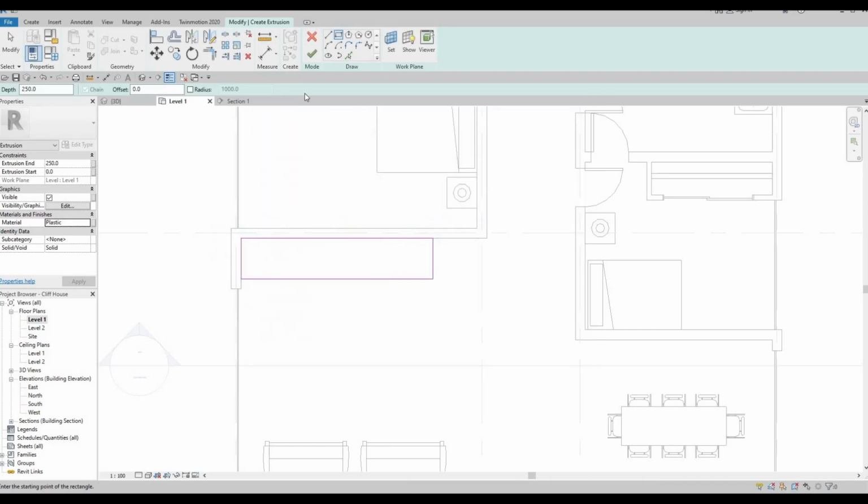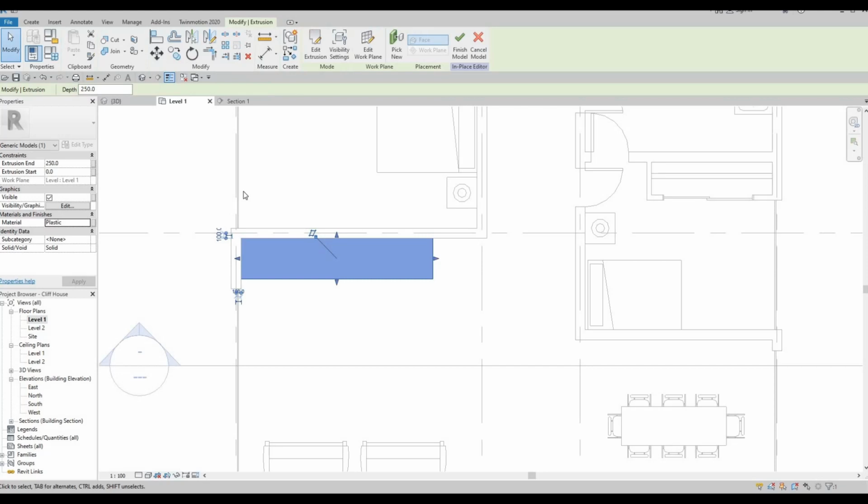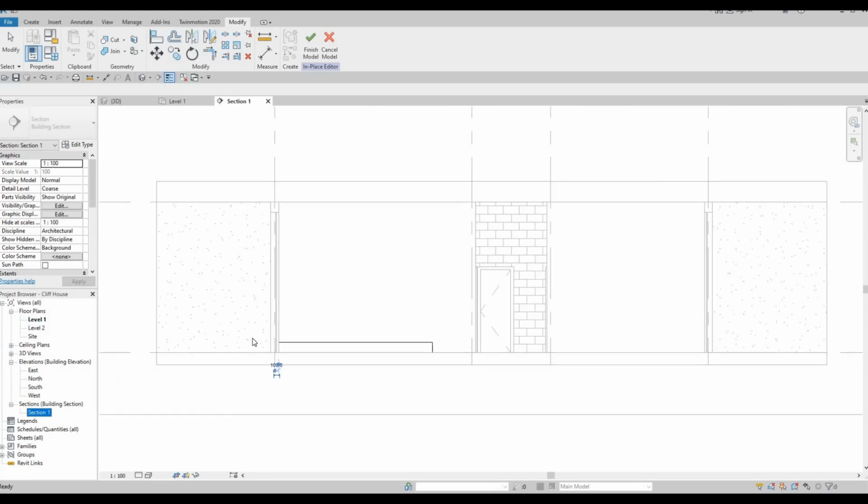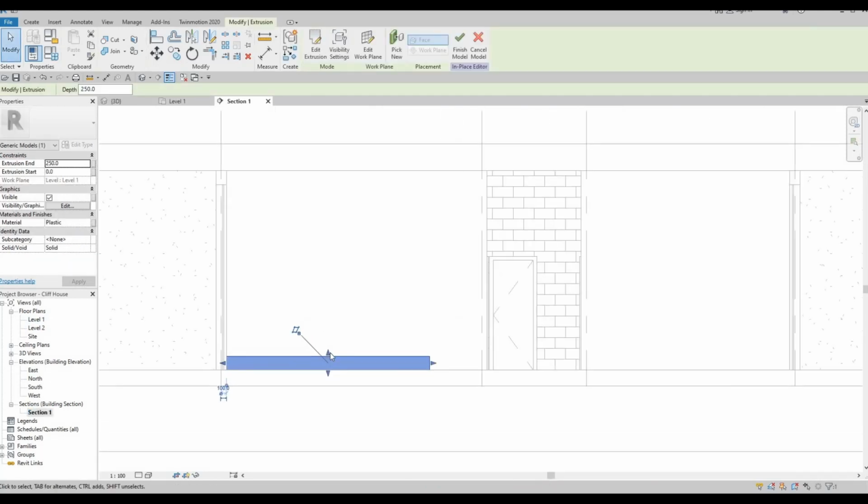Click apply and then OK, and then click finish, and we can then now go to our section. Our section will be available under elevation, so let's close this ceiling for now. We don't need that. And then the section, and then in the section